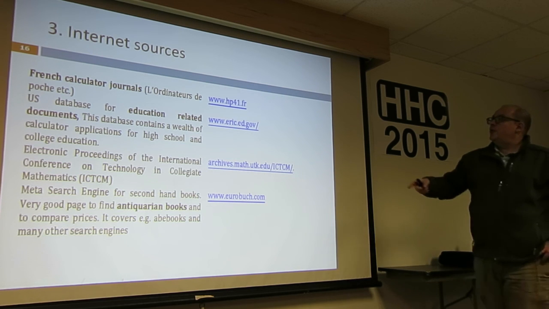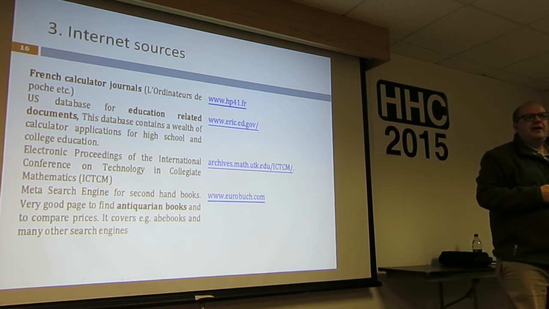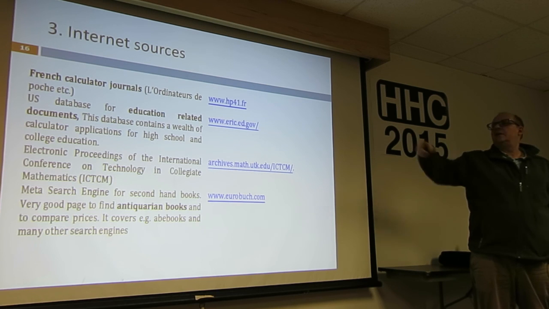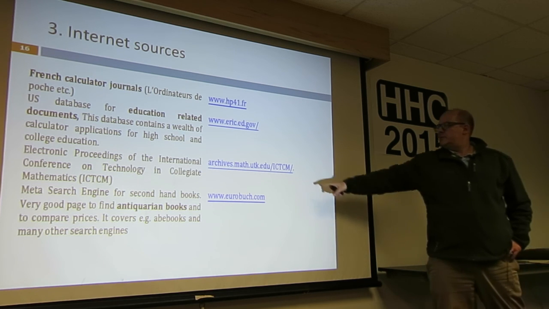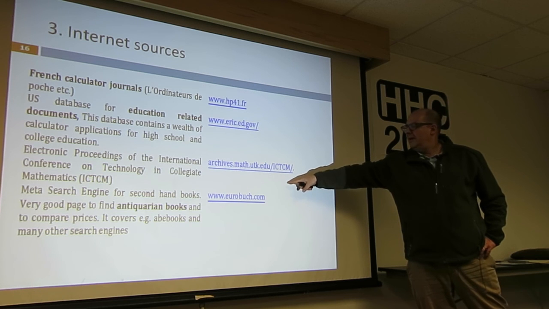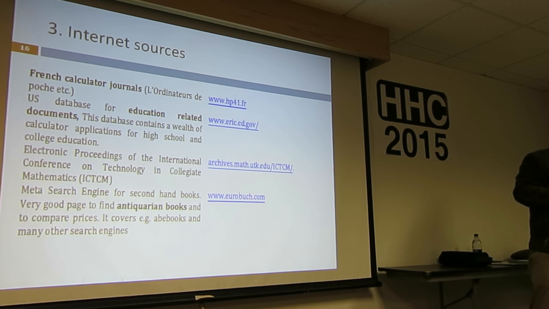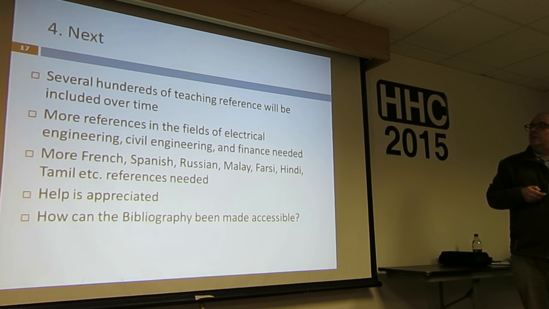Then you have something called ERIC, ed.gov. This is everything educational, and they have the Malaysian stuff in there. So whenever you want to find 5,000 ways to solve an equation with a graphic calculator, you'll find 5,000 references in that database. Not so exciting. This is something like what Tim talked about, this is math teaching. And this is a meta database for antiquarian books. Then you can shop around to find the cheapest book on the market. They're highly recommended.